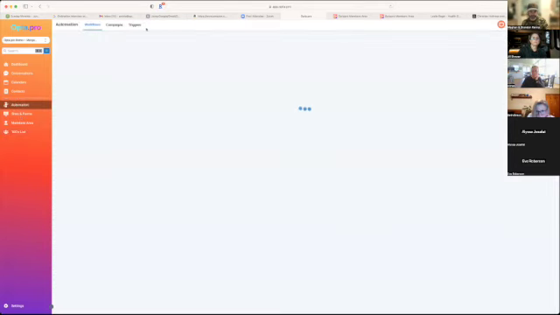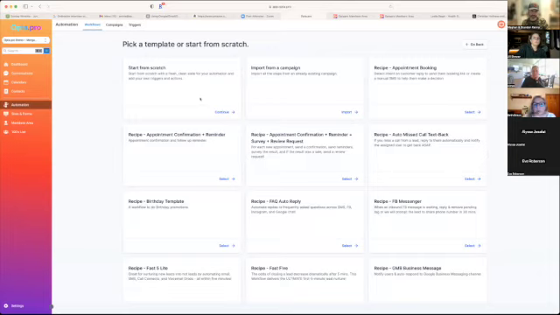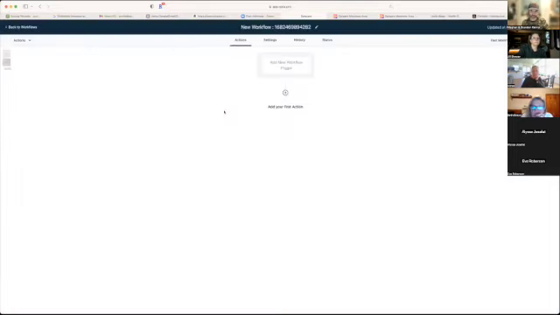So we'll go over here to automation. Okay, and we're going to build a workflow from scratch. Okay. And this is going to help you work a little quicker, stop repeating steps that you do all the time. And let me give you an example. So up here, when you create a new workflow,